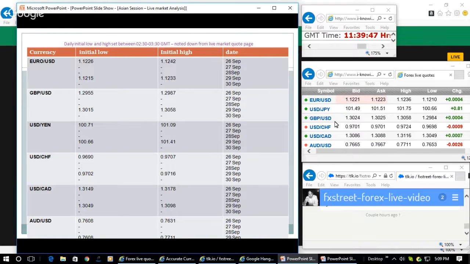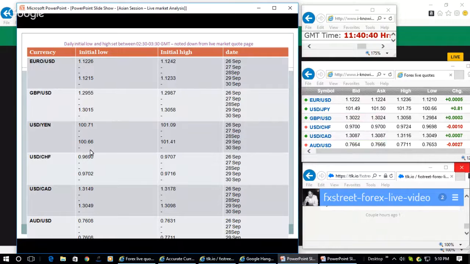Now coming to the GBP. The initial low in the case of GBP was 1.3015, but subsequently GBP came down to 1.2984, breaching this, and came above 1.30215 and is currently holding around 1.3023, and the high was 1.3058 at the Japanese session start, and that is remaining as such. So they have not breached the high, but they have breached the low, coming down by about 31 pips from 1.3015 and coming back above it, and then holding above the initial low